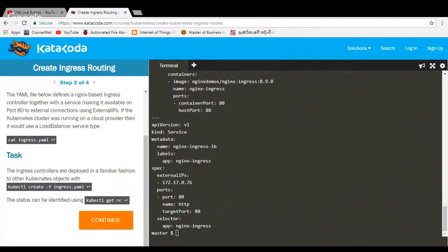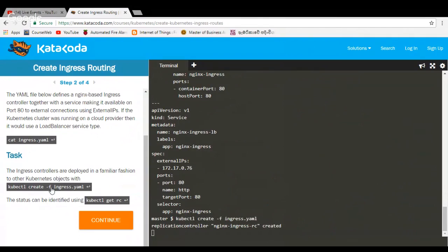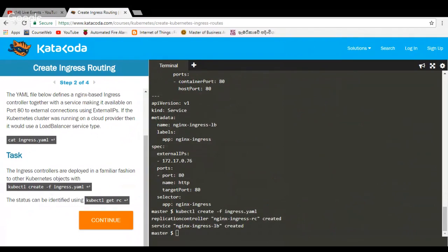The ingress controllers are deployed in a familiar fashion to other Kubernetes objects with, and the status can be identified using